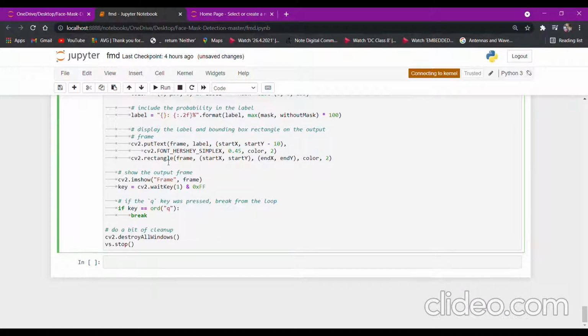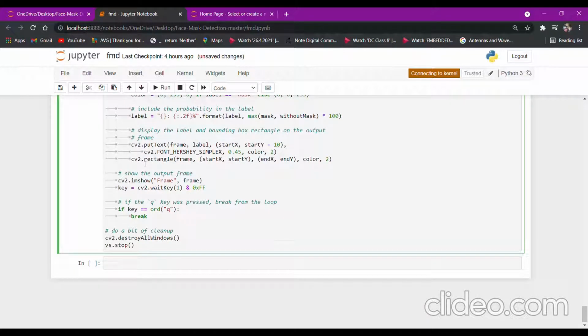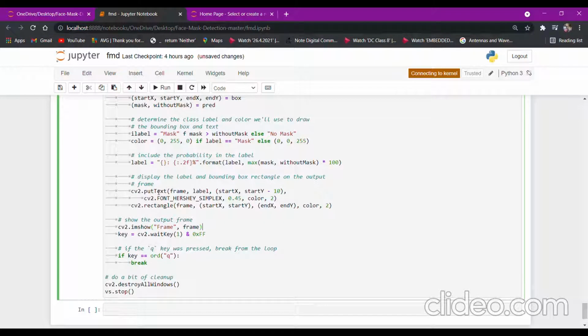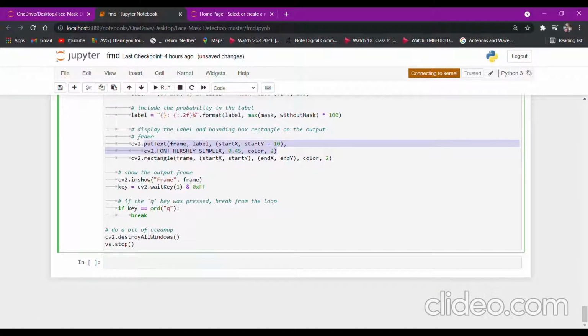To show it as a pictorial representation, you have the rectangle function where you are passing the color, the frames and the locations. You pass these things in order to form the rectangle. In order to display the text and the percentage of the prediction, we have made use of putText.